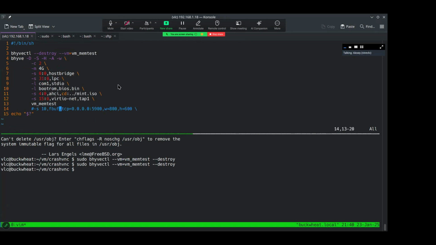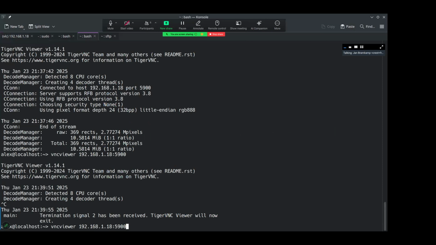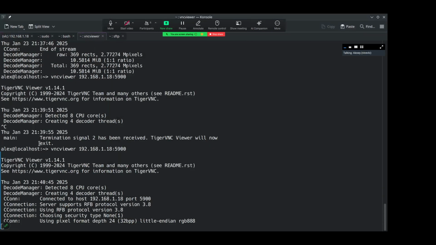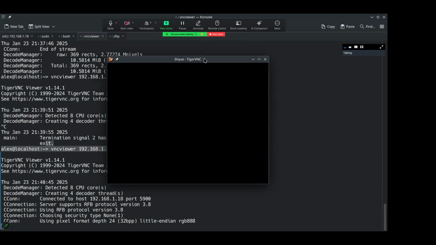Okay. And remove com1 and add x back. Let's add x back. And now you have to connect. Did it just crash?